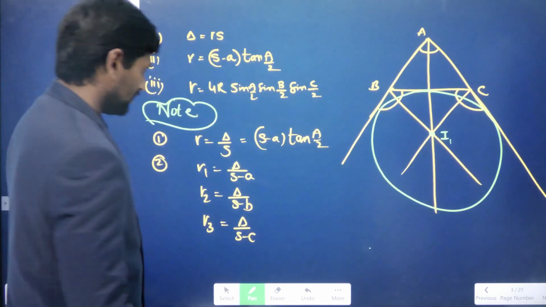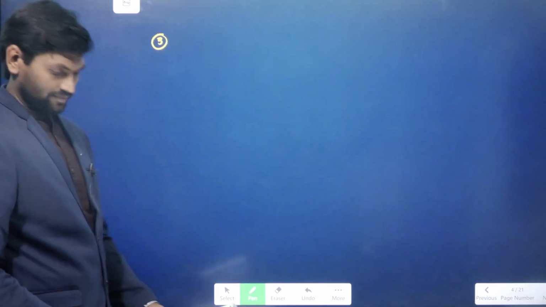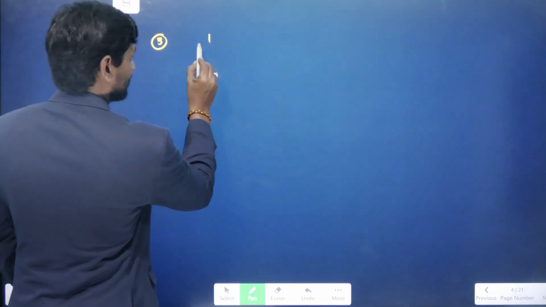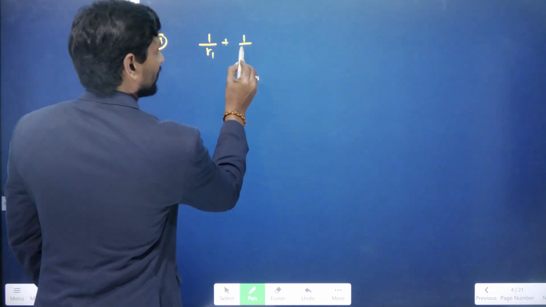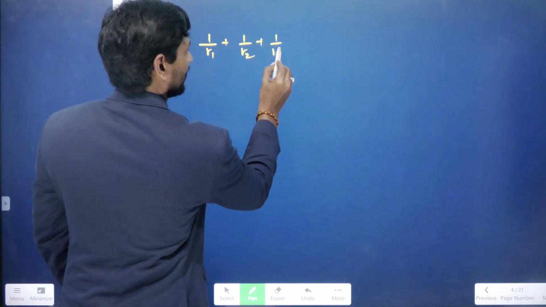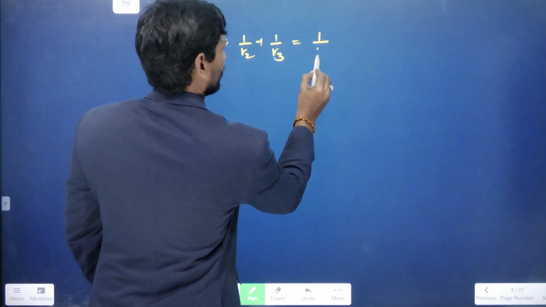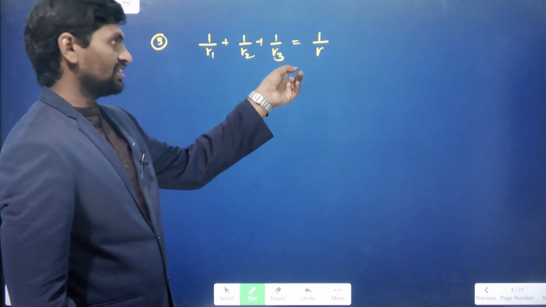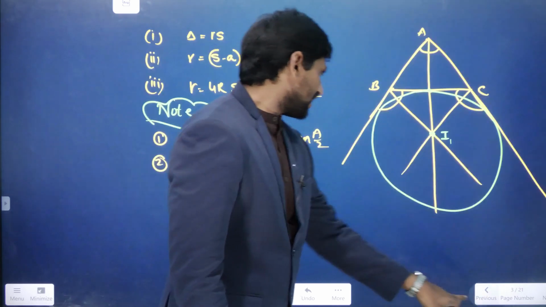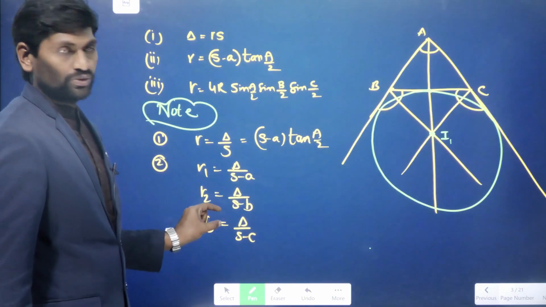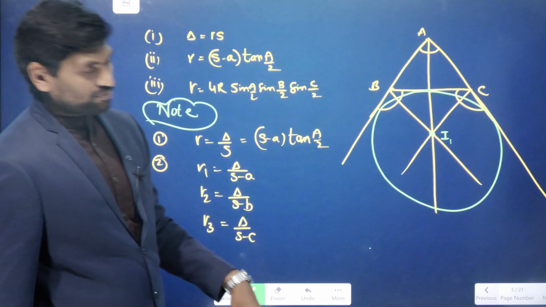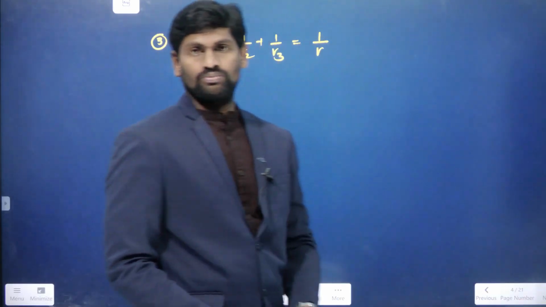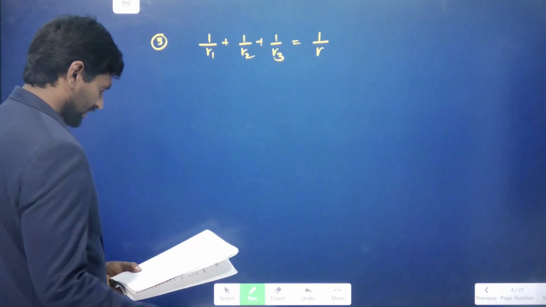Let us go to the next one. Given that, 1 by r equals 1 by r1 plus 1 by r2 plus 1 by r3. See how we have taken r1, r2, r3. By using r1, r2, r3, we can write 1 by r1, 1 by r2, 1 by r3 also. Now the next point is